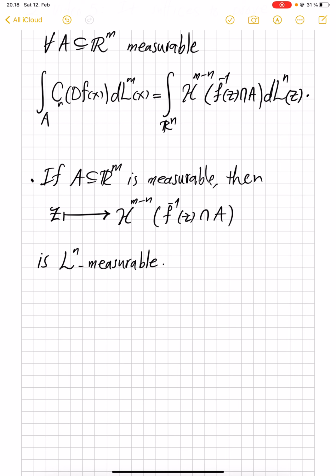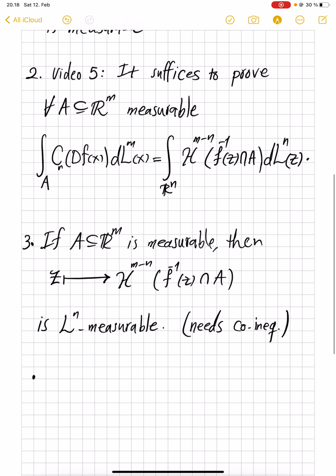And this interestingly required the Coarea inequality. The idea was that if A is a compact set, this is pretty routine, but for arbitrary ones, we want to approximate A with a countable union of compact sets up to a null set, and there's no other way to deal with that null set other than the Coarea inequality. So in those videos, we go over all details of subtleties of why we need a Coarea inequality in the proof of the Coarea formula.